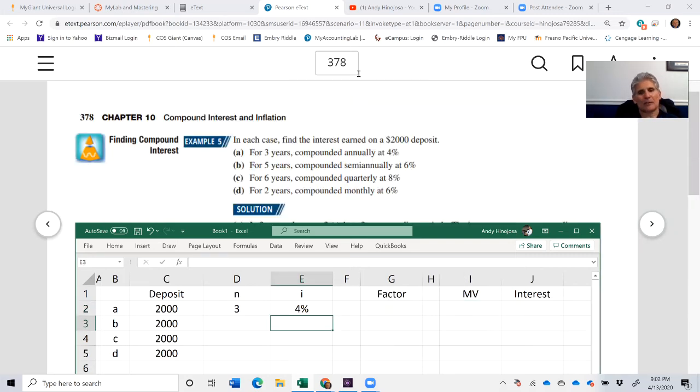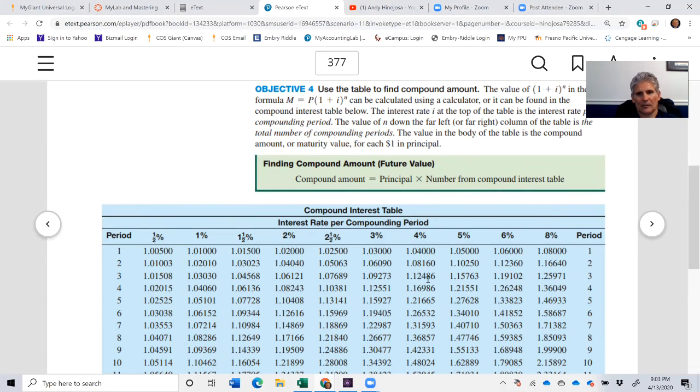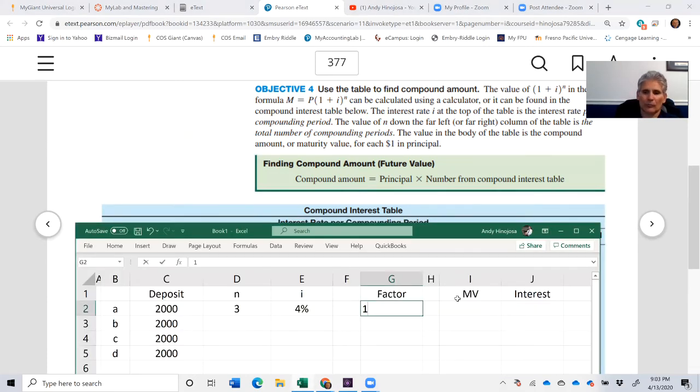We do a lookup for 3 periods at 4%, 1.12486. We'll take the deposit, the principal, multiplied by the factor,